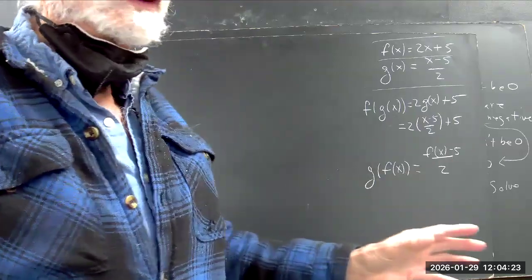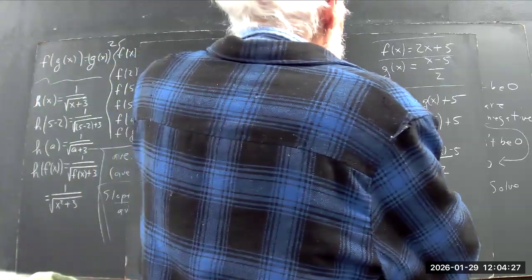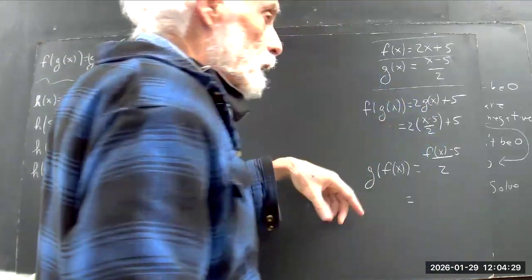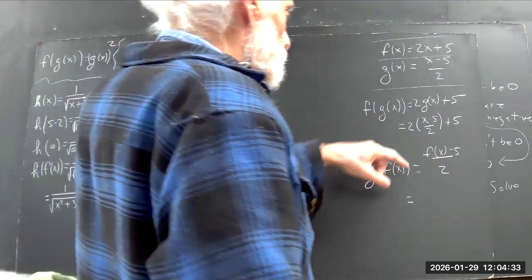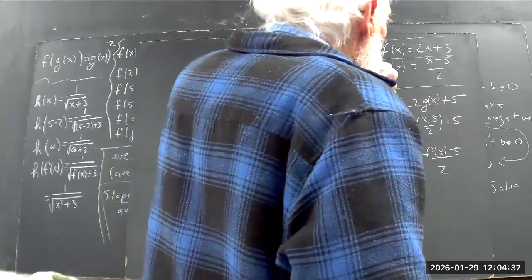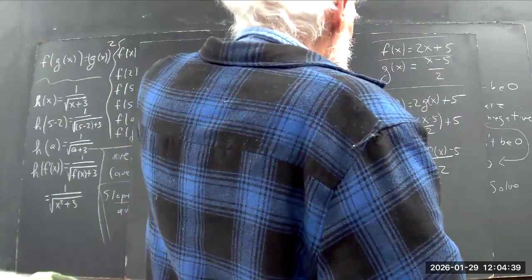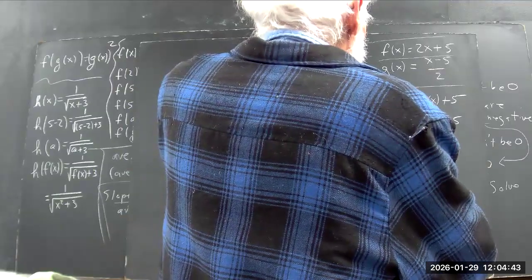Unless the functions are really weird or something. And what you do with it after that can be easy or hard depending what the functions are. But the functions we're using here are not going to be that difficult. Okay. Now, g of f of x is f of x minus 5 over 2, which is going to be